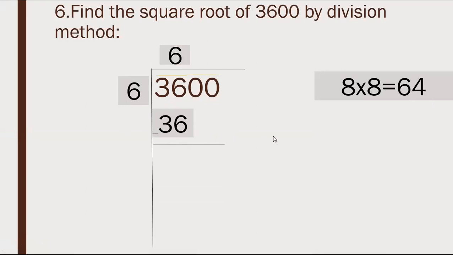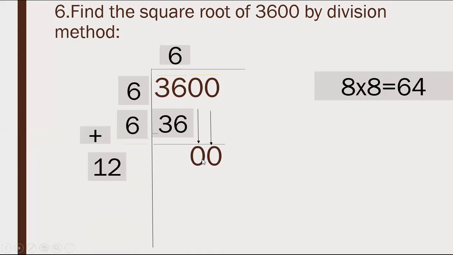Excellent, Aisha. Excellent, Halima. We have to add 6 plus 6. Yes, you are right. We get on the left hand side, 6 plus 6 is 12. Okay. Now what do we have to do in the second step, beta? We want a number which when multiplied by itself gives 0, 0. So which number? Very good, Halima. We can take here 0.